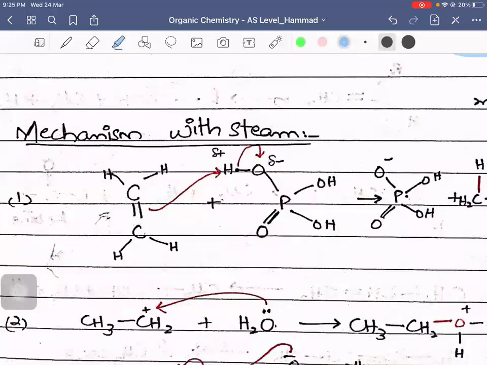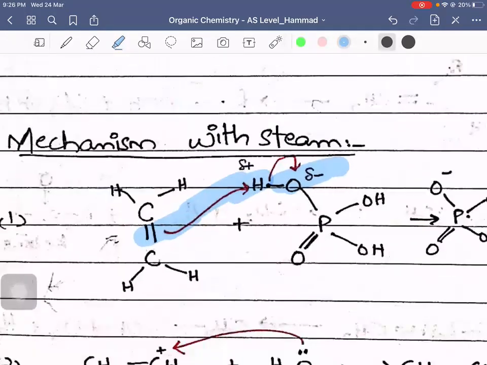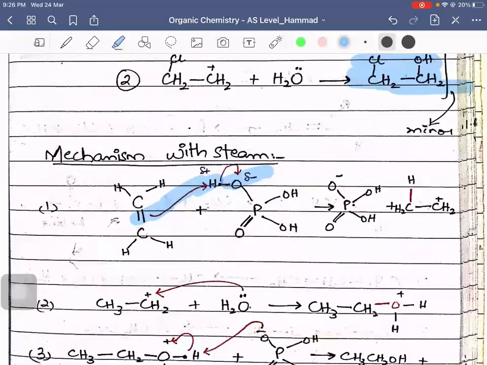Now H3PO4 has an oxygen which is electronegative, so it takes the electron density towards itself. When it is doing so, it will be attacked by the ethene molecule, which breaks its double bond and